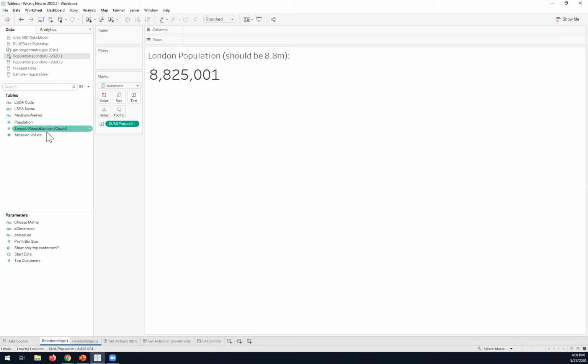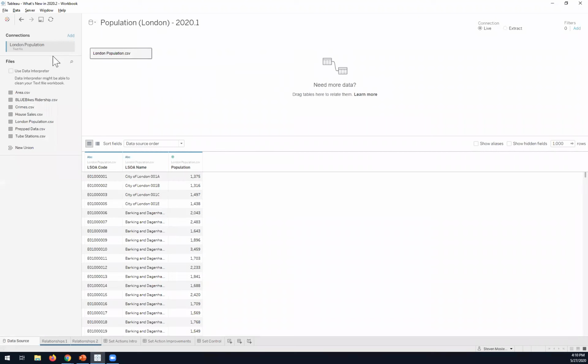Instead of that number of records, you're going to see the name of the data source and a count. In this one we're just going to look at the population, and this is giving me that count, which is actually just the number of records. But now I want to add a table to this.